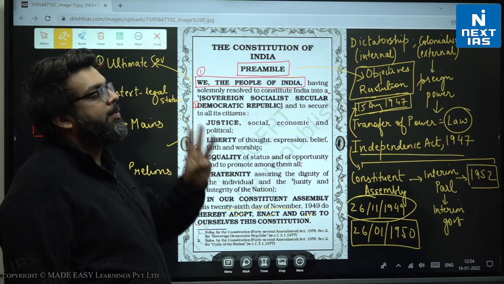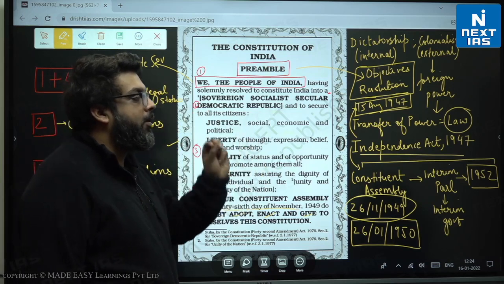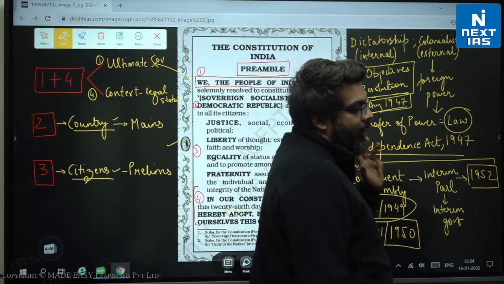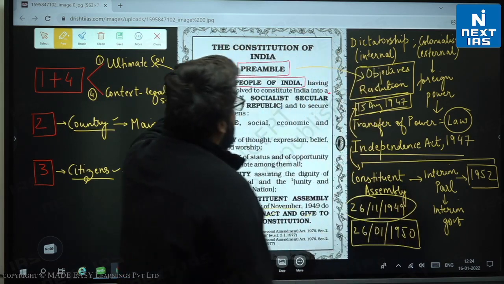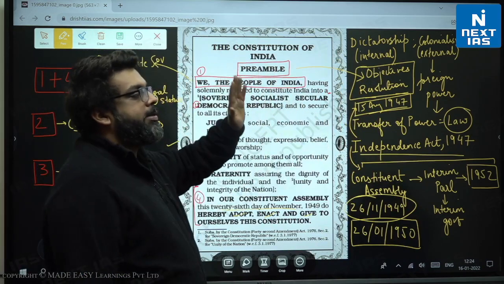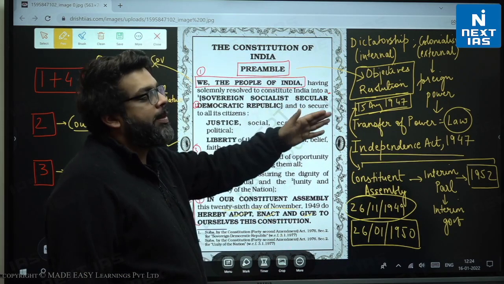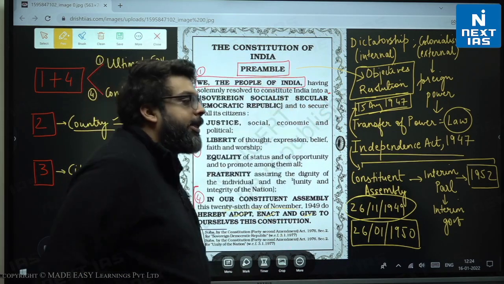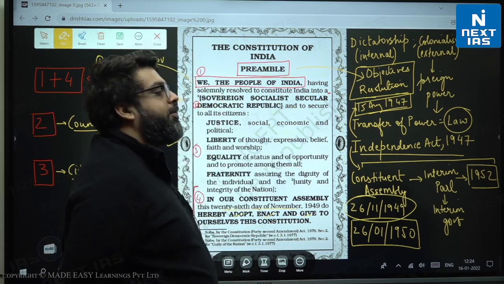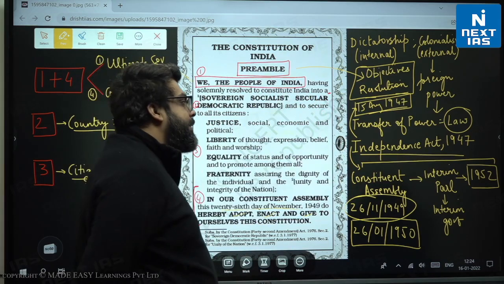On 26th January 1950, the Constitution becomes an applicable law in India. Okay? This is the basic historical context. And the preamble was added to the Constitution because it was a part of a speech delivered by Nehru in the Constituent Assembly, called the Objectives Resolution. So it was added to the final text of the Constitution before 26th November 1949,